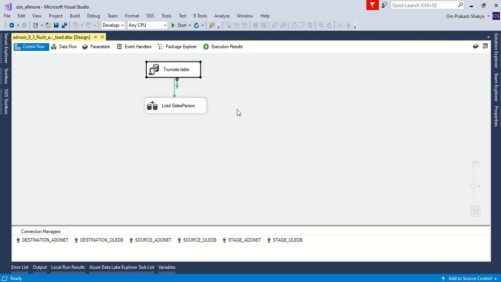And for demonstration purposes, we have to show the current data. That's why I had used that. But in actual data warehousing, this is the data load pattern, truncate and load, and we have to use truncating the table as mandatory and explicitly. So let's execute this package.